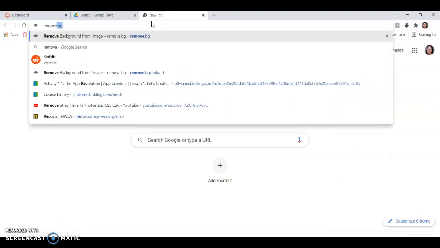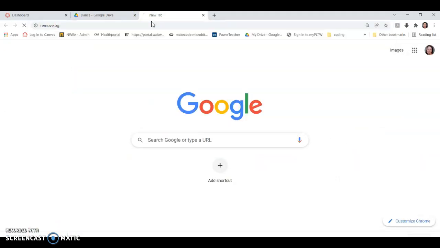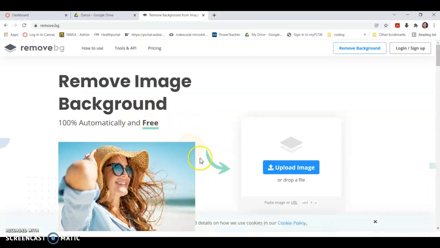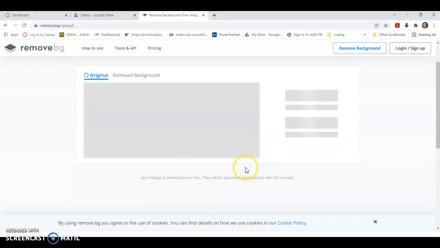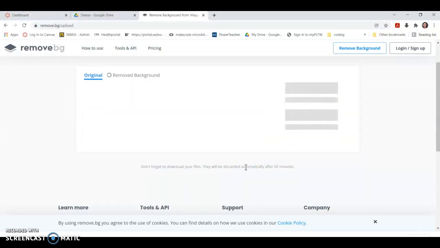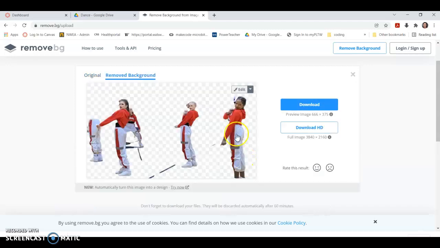Then we're going to use the website called remove.bg. BG stands for background. In here, it is an easy way for you to pick a picture. It will decide what the focal image is, and it will remove everything else from the site. So, when I do this, I get the dancers themselves without all the extra background stuff. Now, of course, it does some weird things, like it cut off half her body, and you can't really see